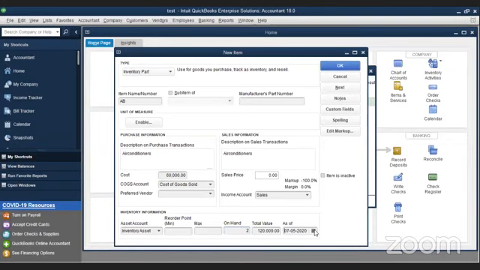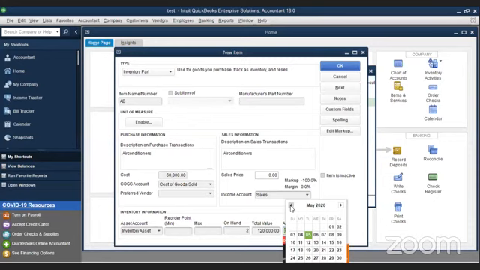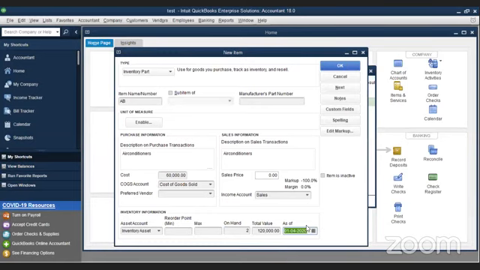And then as of date. Now, why I'm updating this as of date: if you don't update it, when you are doing the respective purchases, you won't be able to track it because it has got misdated incorrectly. So be careful when you're updating. Don't do it in a hurry. If you are working in real terms, always make sure it's an opening balance. So it has to be the beginning of the year. Now you're going to click OK.